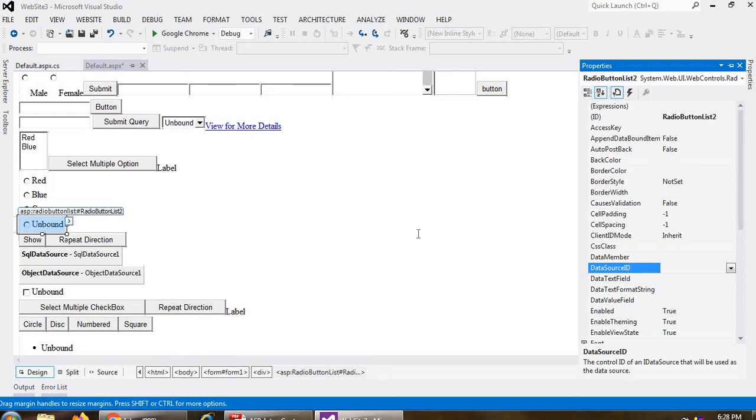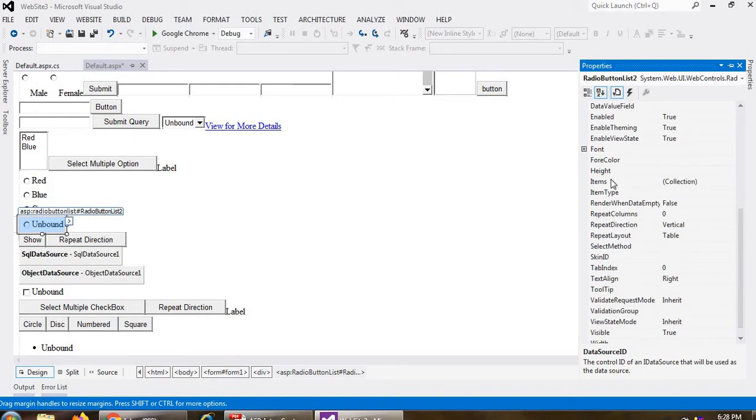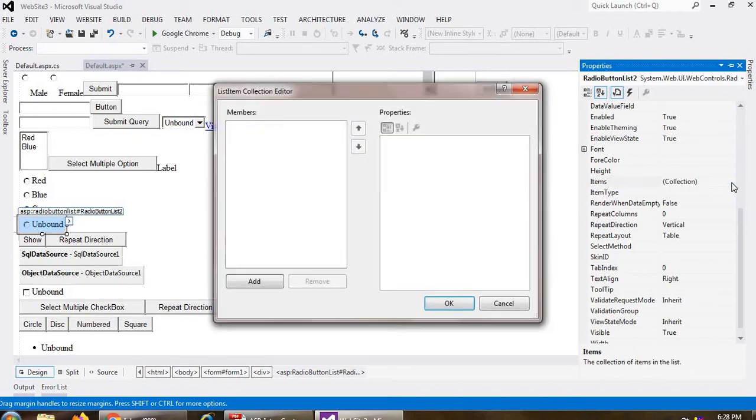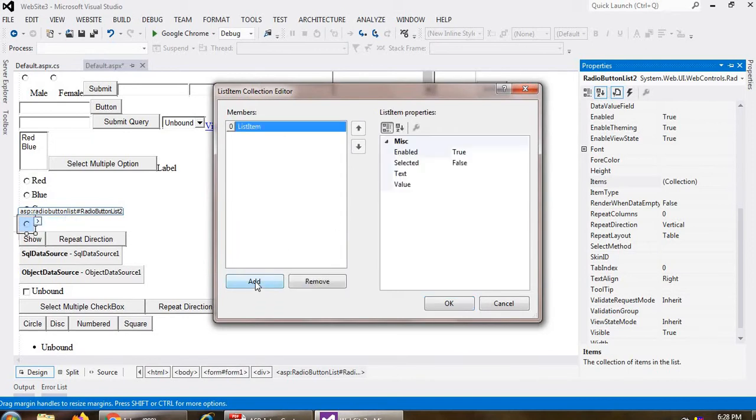In the right pane, it displays the properties of that radio button list. And here, if I want to input the number of items, you can use the Items property, which is a collection. When you click the collection, it opens a new window, right? And here, if I want to add some list items in the radio button, I can click the Add button. Then you can see this list item is displayed, and I am writing my text value over here.